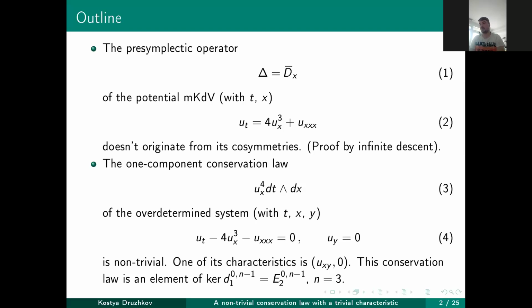So we have a different problem with cosymmetries in this sense, because the system 4 is not a system of evolution equations. And we don't have any general result that any conservation law can be described in terms of cosymmetries for such a system. It turns out that in this case, it's not true. The conservation law given by formula 3 cannot be described in terms of cosymmetries of the system 4. And the relation between equation 2 and system 4